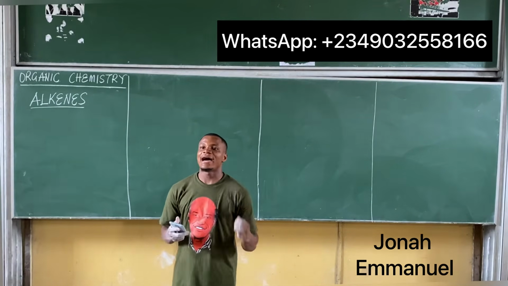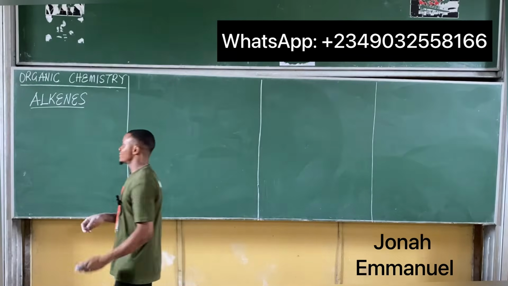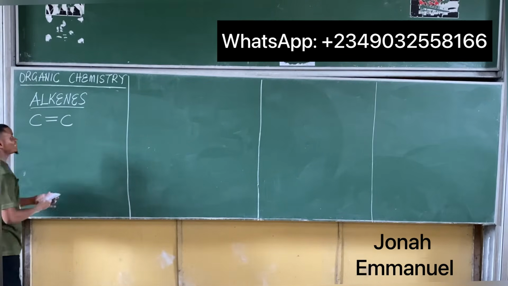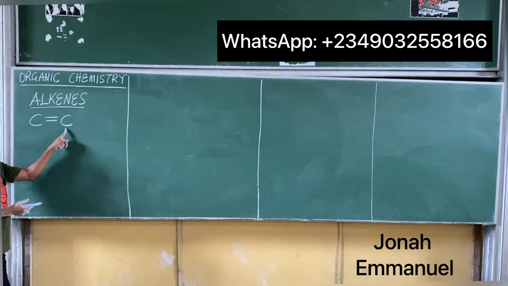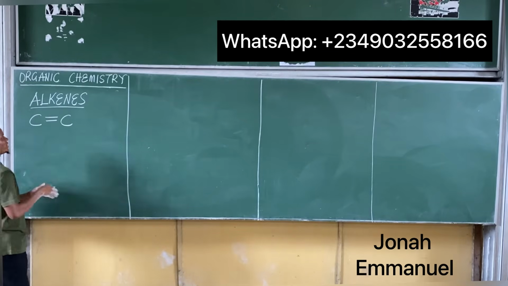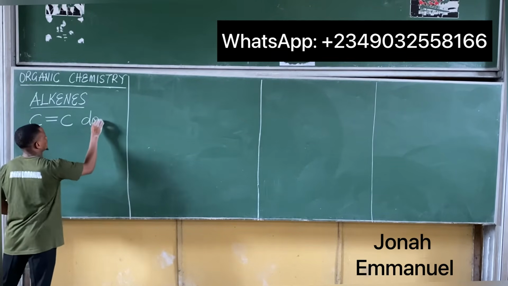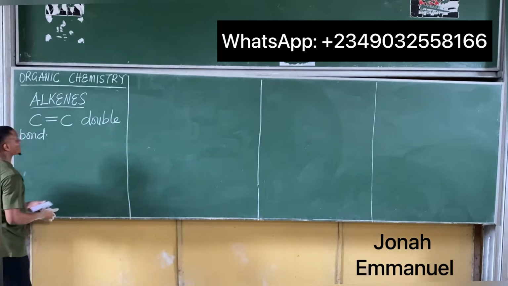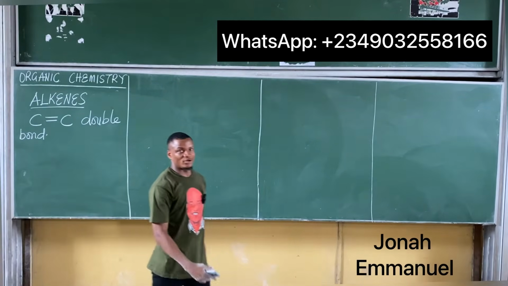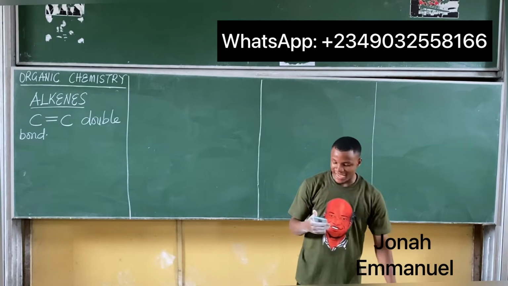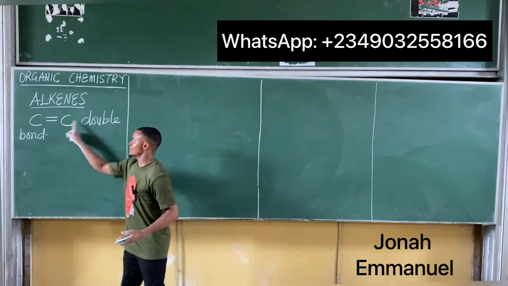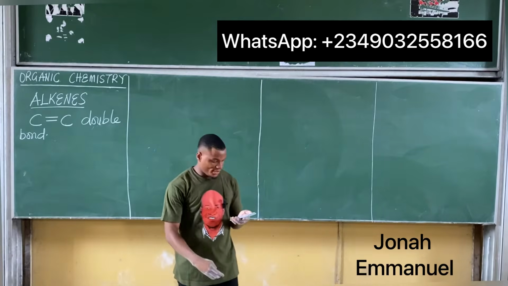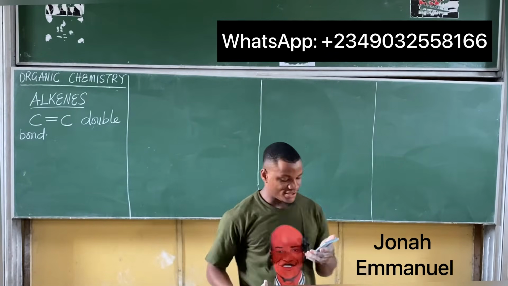Alkenes are hydrocarbons with the carbon-carbon double bond. This means carbon double bonded to carbon. This is red, carbon-carbon double bond. Alkenes are hydrocarbons with the carbon-carbon double bonds,